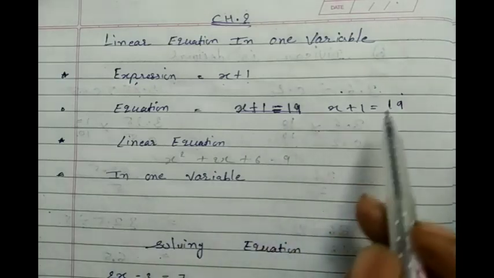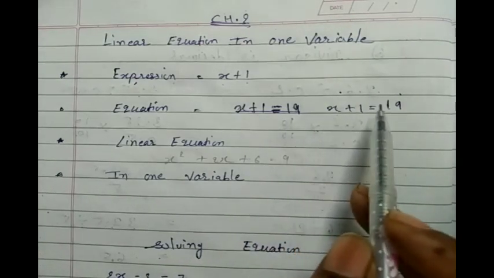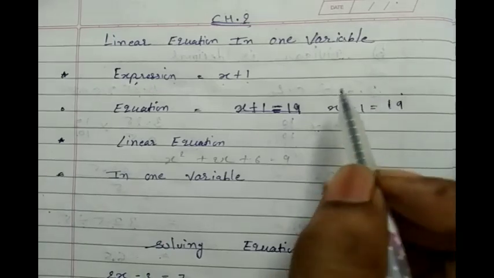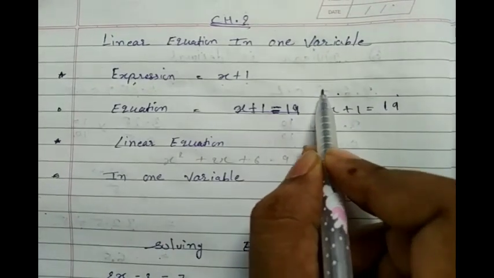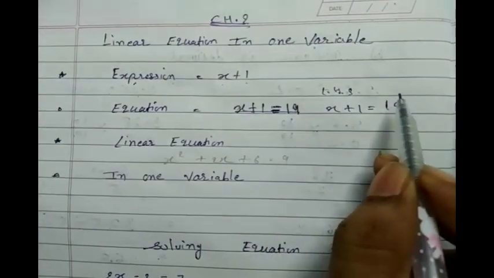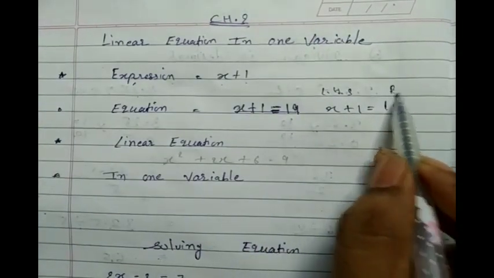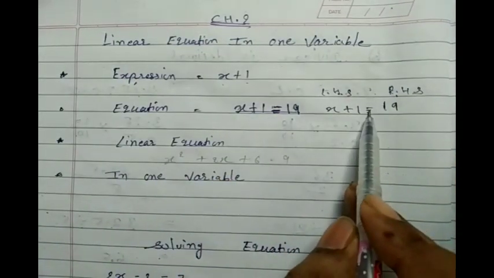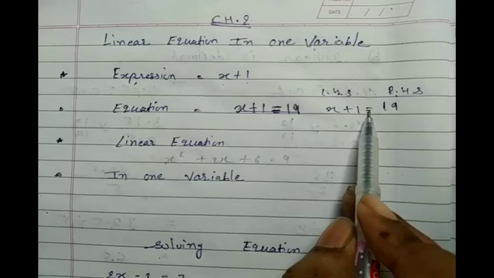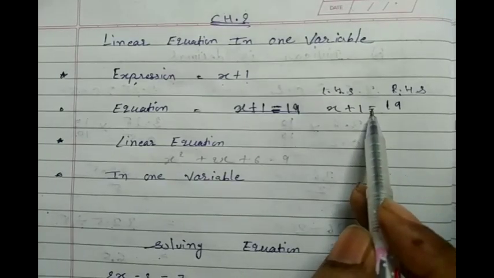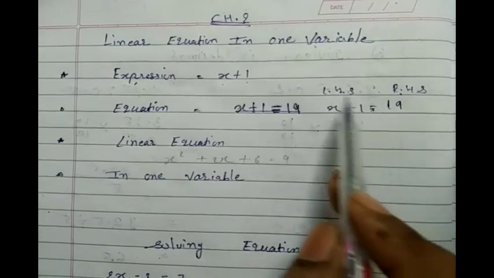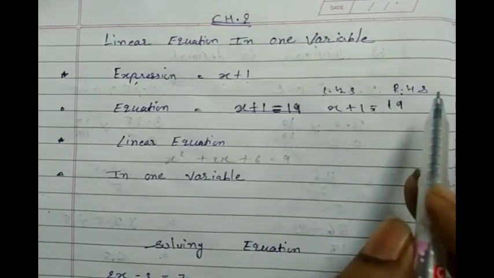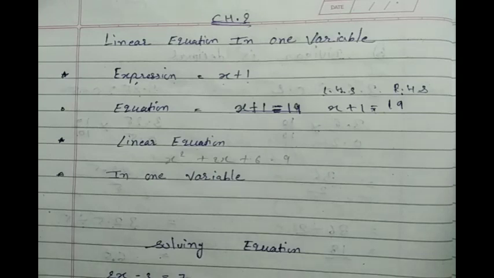So now we have a sign of equal to and two parts. We can divide this into two sides. The first side is LHS, left hand side, and the second side is RHS, right hand side. The equal to sign is the middle part, the center part. This equal to sign divides it into two parts. One part is LHS, the left hand side, and the second part is RHS.